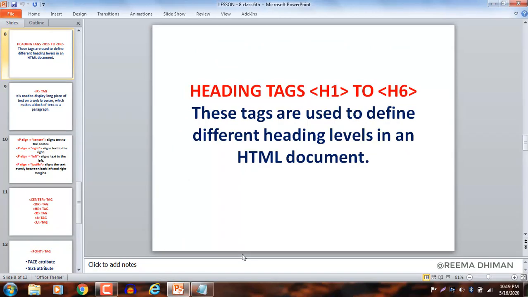So these tags are used to define different heading levels in an HTML document. These are basically used to emphasize the text. There are 6 heading levels, H1 to H6. The H1 heading style displays the text in the largest size and is mainly used for the main heading. The lower levels are used for subheadings and less important things.